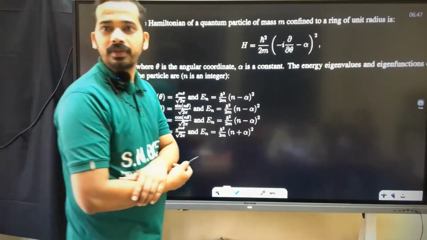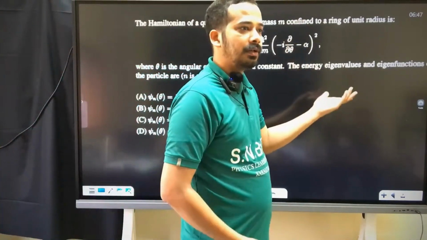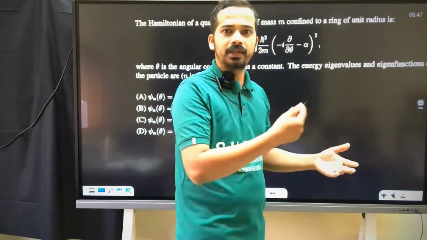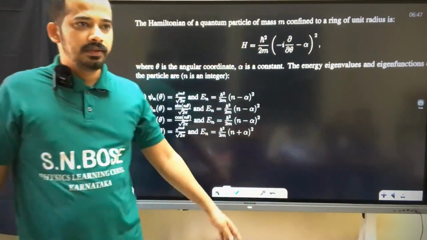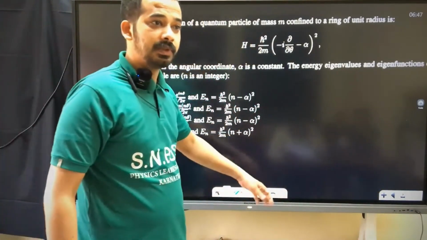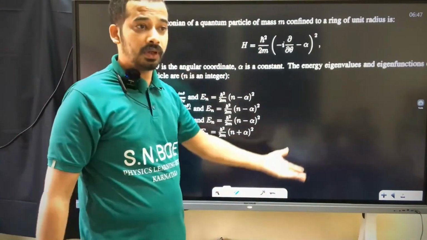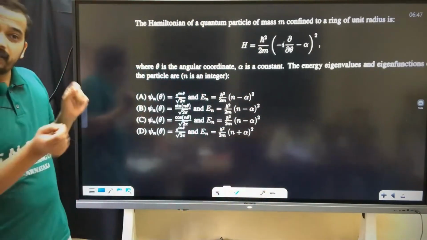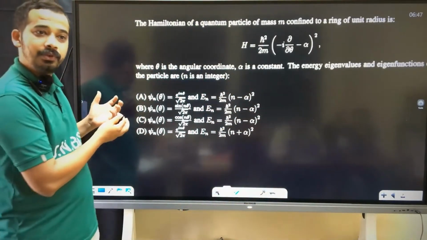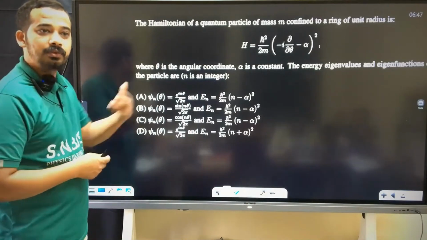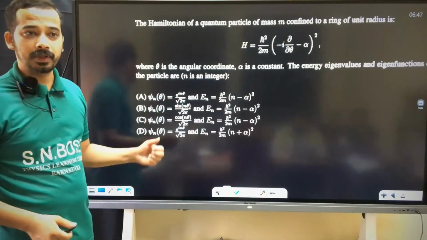Look into this one carefully. Now theta is nothing but phi. A particle moving on a ring has one angular coordinate that they define. Now you should not stick to that one. From one problem, how do you solve many problems? You should grab only the logic out of this. Then only you can apply the similar logic to many problems. Am I right?